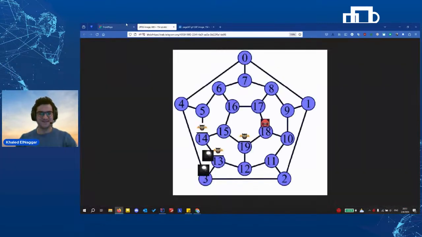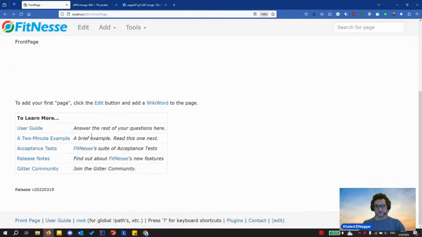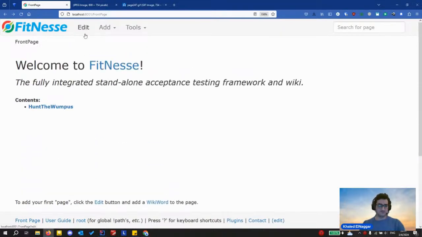Okay, thank you, Ahmed. Now we should be familiar with this page. This is the front page for FitNesse Wiki. We have already defined a test suite that's called Hunt the Monster. It should contain all the feature files or the acceptance tests that we wrote for the game. Now, of course, you can modify this page to your liking.